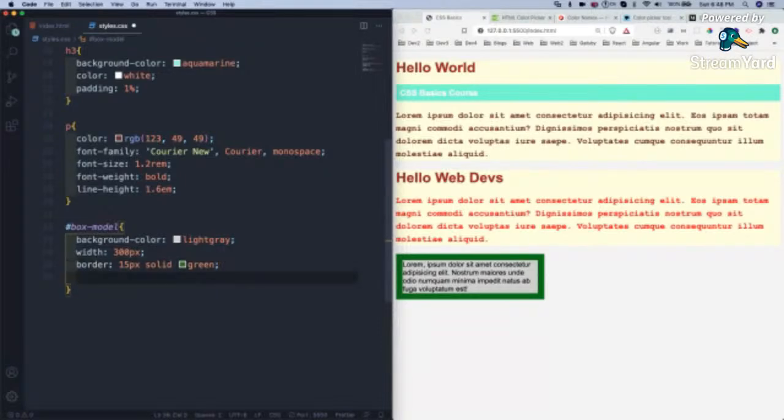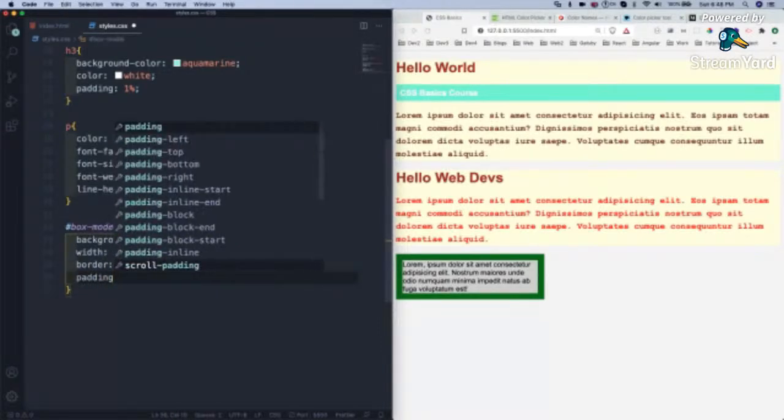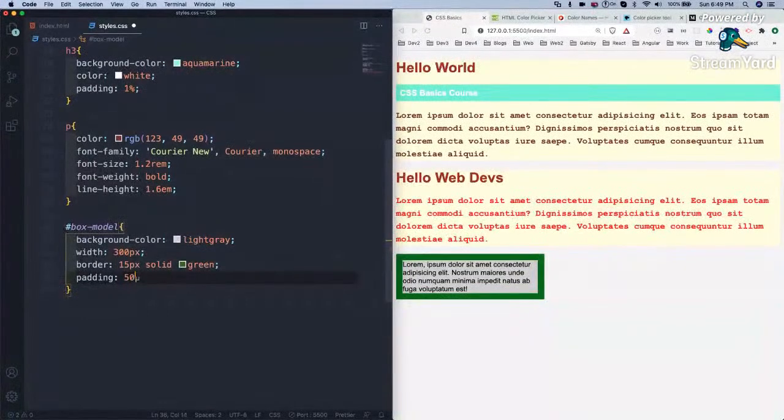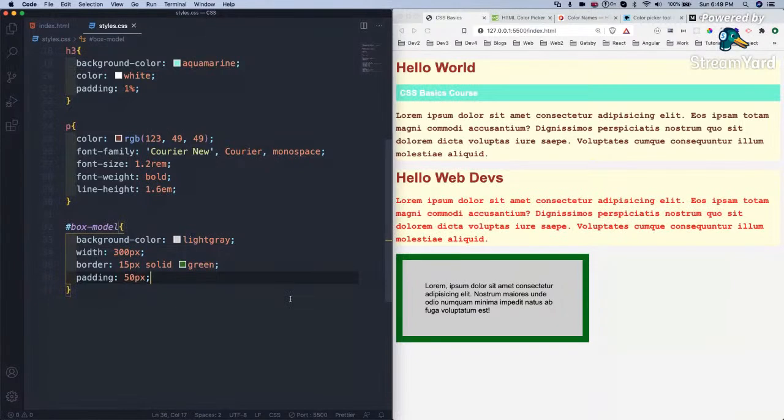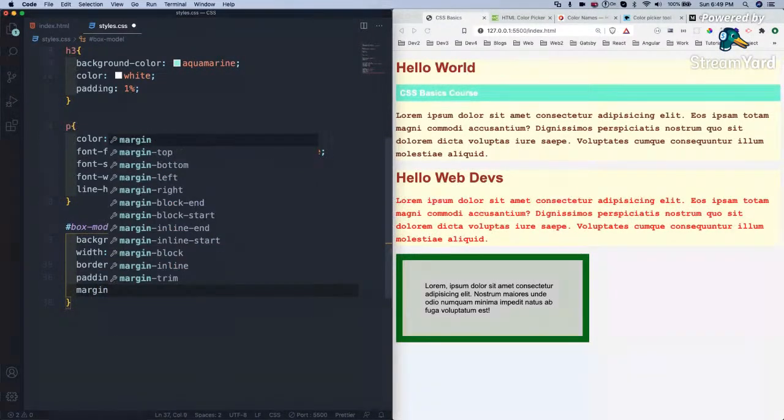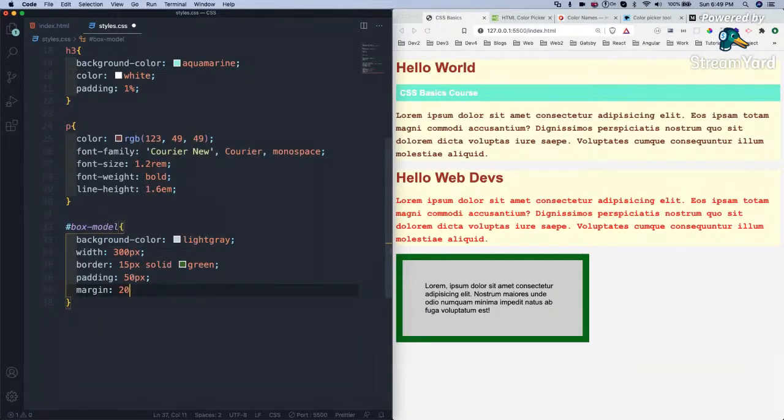After this, padding. Keep on seeing how it will get changed. Padding is 50 pixel. So like this. And margin is 20 pixel. Yeah.